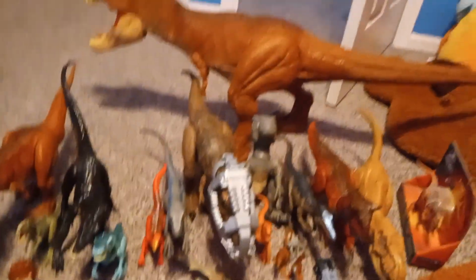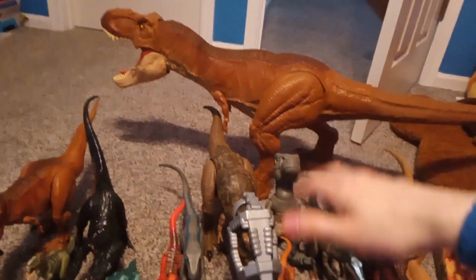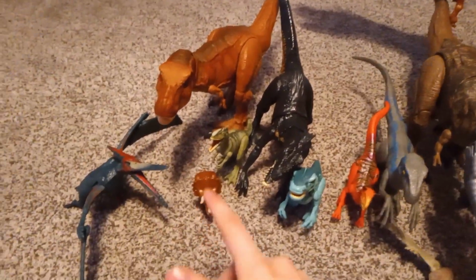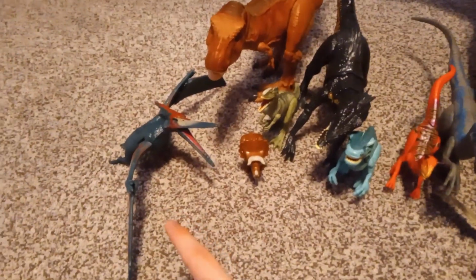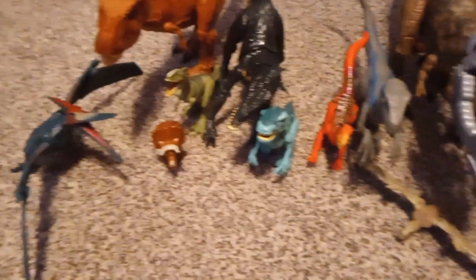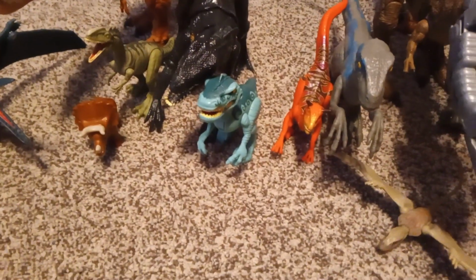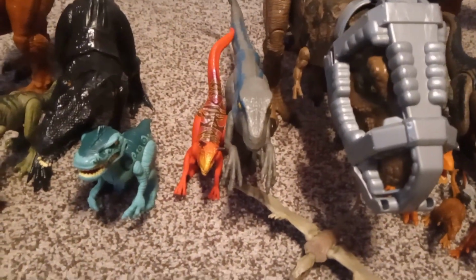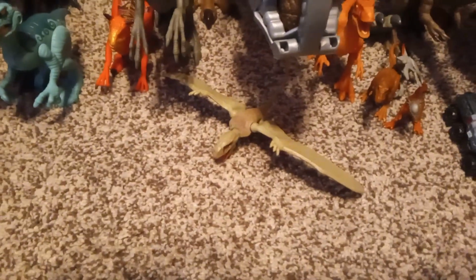Here are the figures that Wolf Gamer has. As you can see, there's Extreme Chompin' T-Rex, Extreme Chompin' T-Rex, Super Colossal T-Rex, Grab and Growl Indoraptor, Battle Damaged Monolophosaurus, Aurora Pteranodon, the McDonald's Camp Cretaceous Triceratops, Hasbro Junior Blue, I'm going to call it, the Carnoraptor, Basic Figure Blue, Tac Pack Dimorphodon,